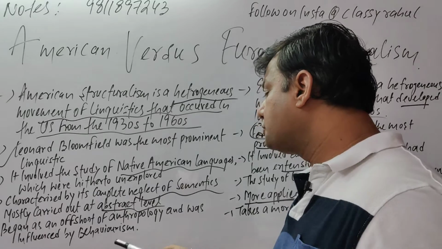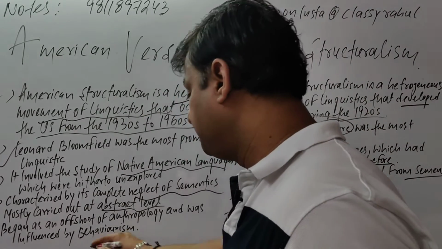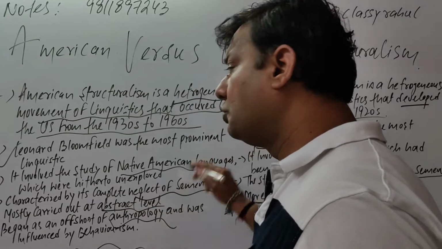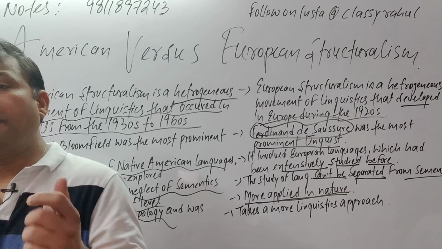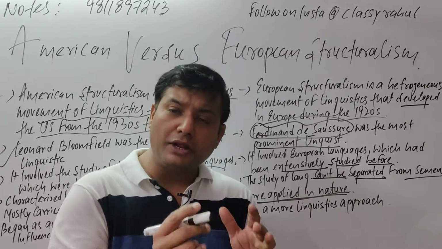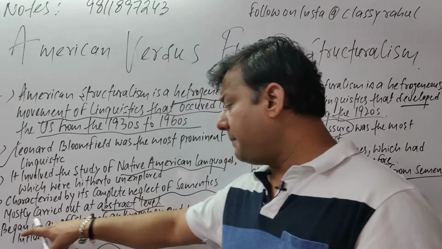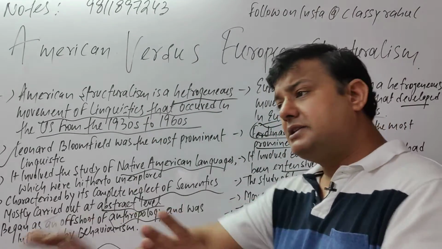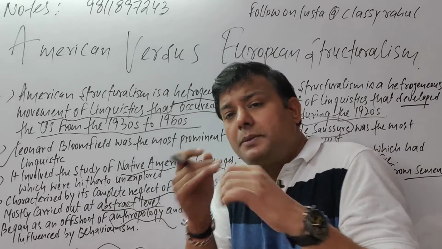It began as an offshoot of anthropology and was influenced by behaviorism. Now you need to clear two things. The first thing, what is anthropology? The study of human origins. From where human origins come, उनके बेसिस क्या हैं, पूरी तरह से उनको स्टडी करना, उनके कॉन्सेप्ट को क्लियर करना. जो यहाँ मेंशन किया गया, began as an offshoot of anthropology, सब उन सारी चीजों को अवॉइड कर देगा. Here they have avoided all the basic origins,